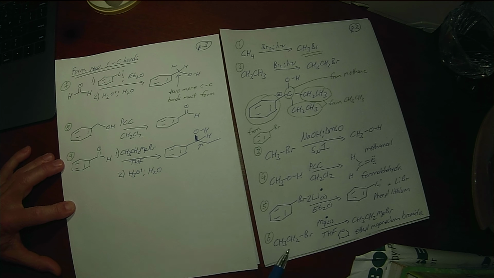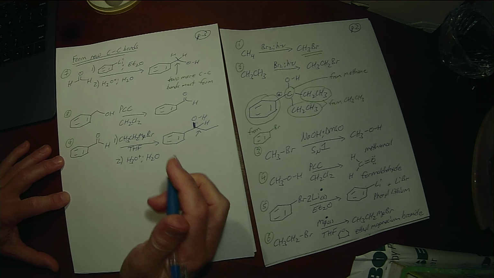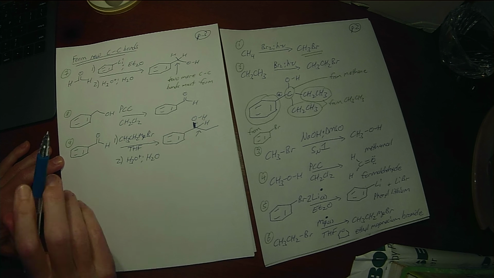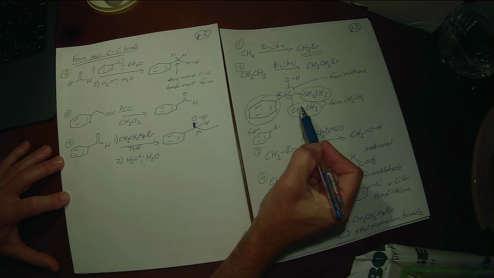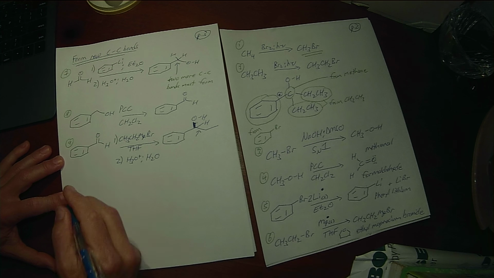And I made the benzene ring into the organolithium. It really doesn't matter if you make alkyl lithiums or alkyl magnesium bromides. I just put one example of each on there for fun. But if you like, just make magnesium bromide every time, or make alkyl lithiums every time. So now we've got everything in the molecule that needed to be in the molecule except that third carbon-carbon bond. We've got to add another ethyl group.